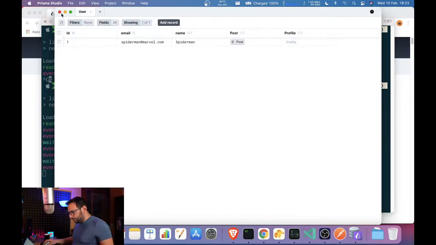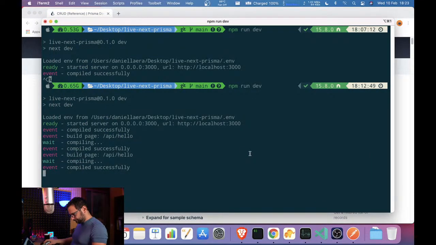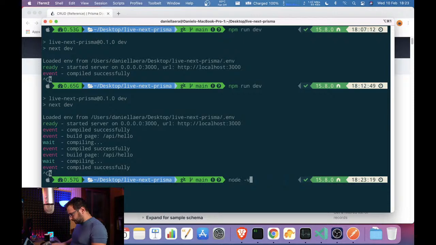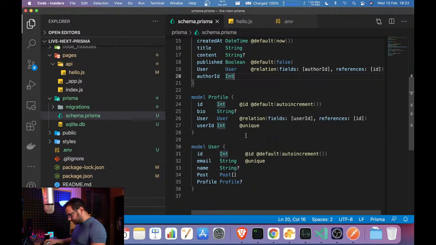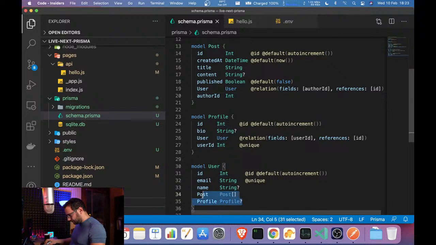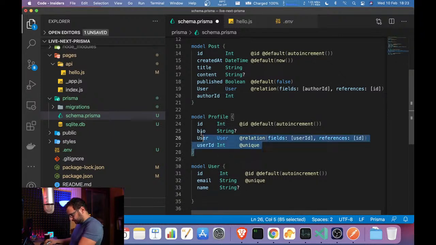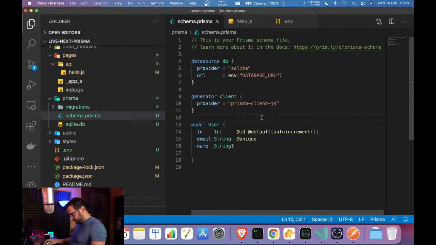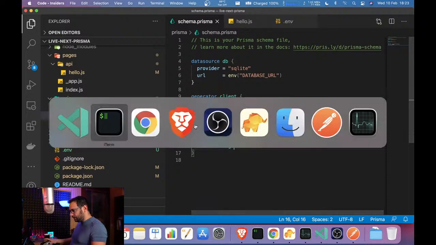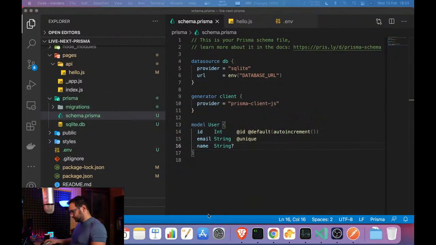These tools are great. I think that with this kind of command you can also update. Let's suppose we only want to have the user and get rid of this. Save it. So basically we should get only the user table.